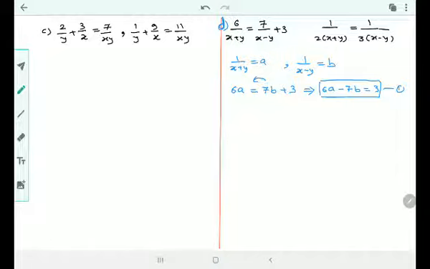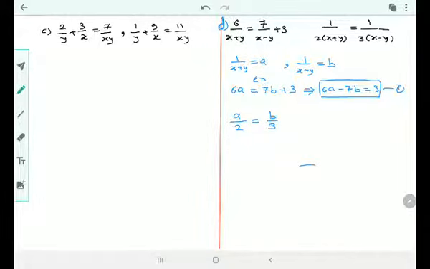Right? What about equation number 2? Equation number 2 has got a problem. If I put 1 upon x plus y is equal to a, this becomes, understand, it becomes a by 2. Right? You can split and check, or I can show you. See, 1 upon 2 into 1 upon x plus y. So 1 upon x plus y is a, so it will become a by 2. Right? Is equal to, understand it, is equal to b by 3.